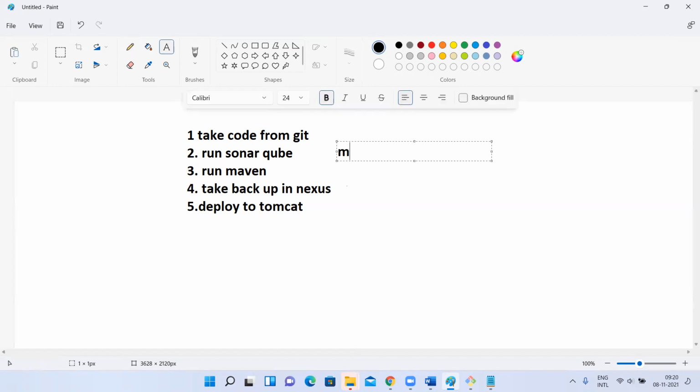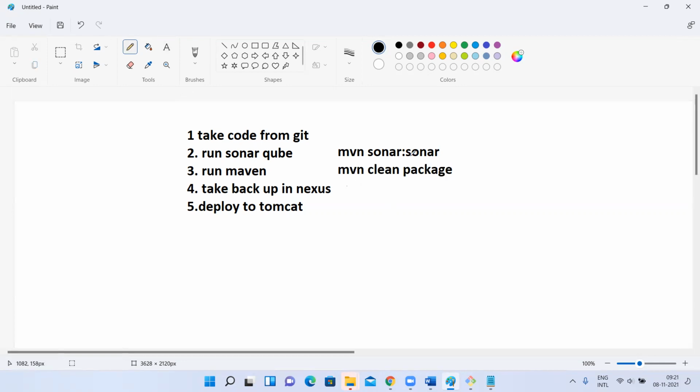What you have to do is mvn sonar:sonar, then I want to scan it, then mvn clean package. Like this you have to run. So first the SonarQube scanner will run, then package will run. Understood, guys? Is it clear? Yes, sir. Okay, like this you can handle. So either keep SonarQube first and Maven second, or else keep mvn clean package sonar:sonar, so Maven executes first, then SonarQube scanning executes.